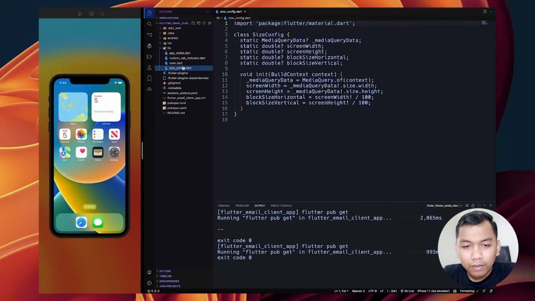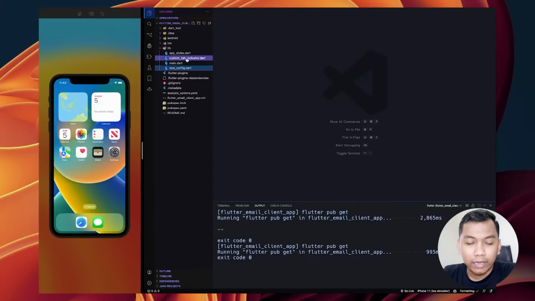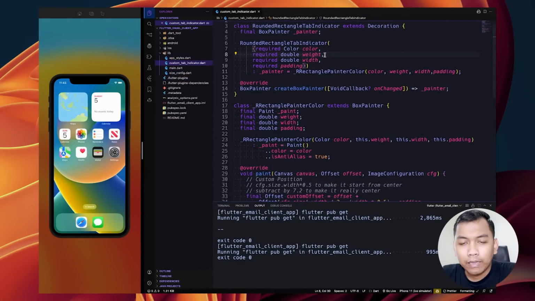And in this lib directory, you will also see size config, which, as usual, I prefer to create as a separate file, to read our screen width and screen height. And also you will see custom tab indicator.